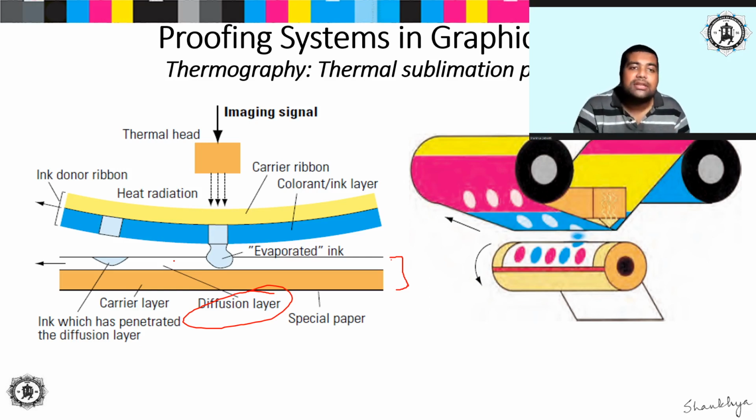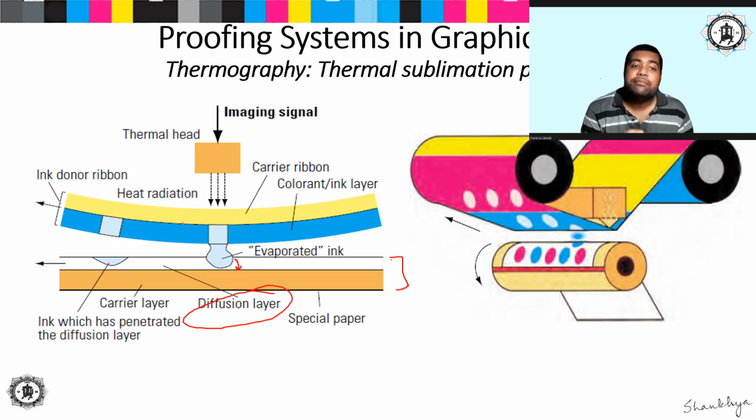So let us see what is happening. The thermal head is the same, right? The thermal head is the same, and it is applying heat onto the inking ribbon which contains the ink. Wherever the thermal head applies heat on the inking ribbon, the ink in that particular area is getting heated up and melting away, and when it comes in contact with the paper in that area, the ink is getting absorbed into the paper.